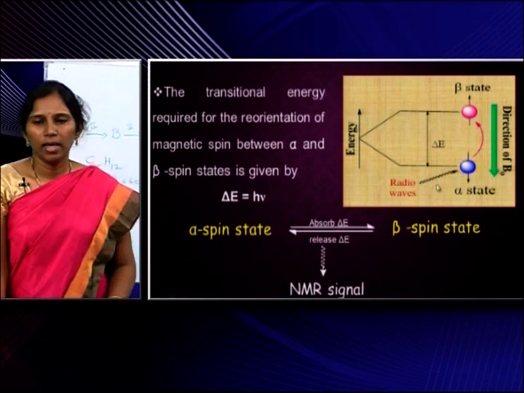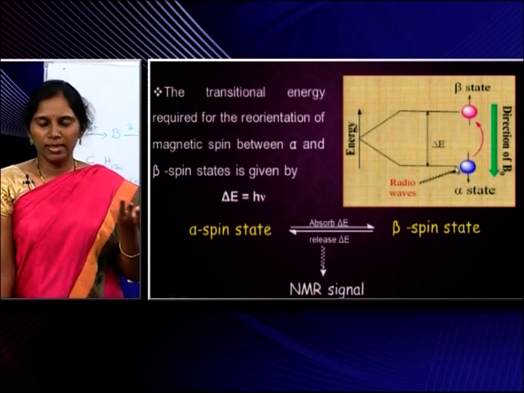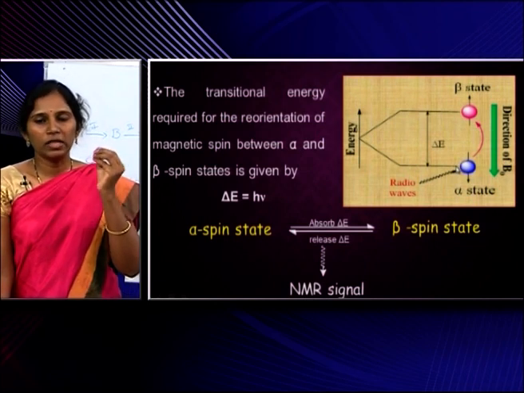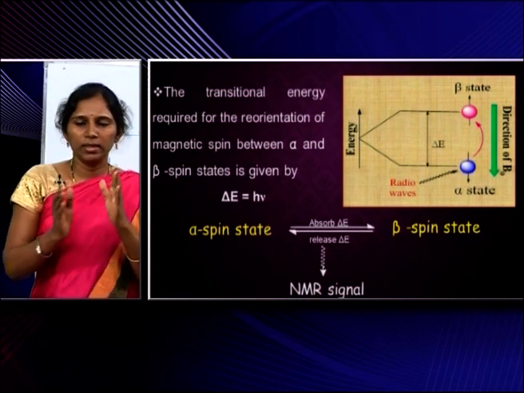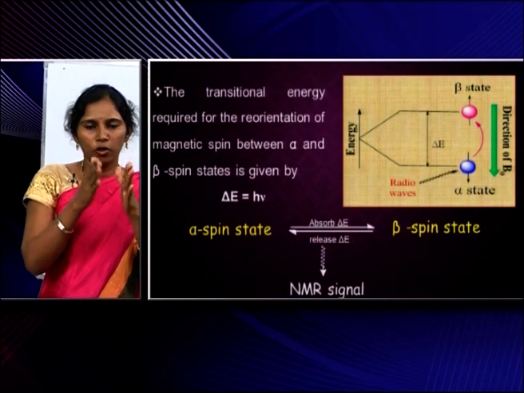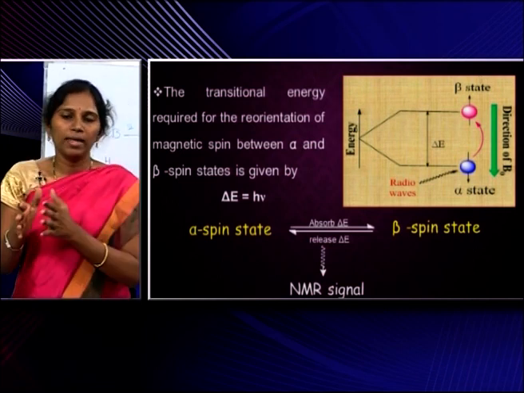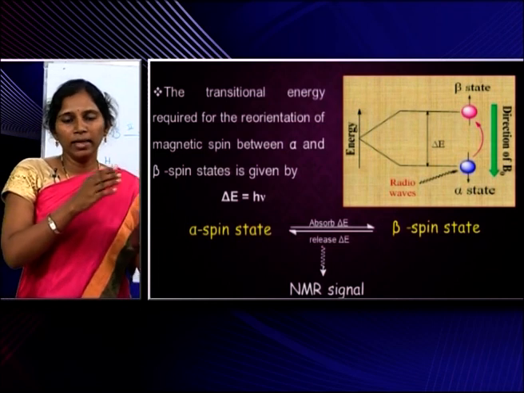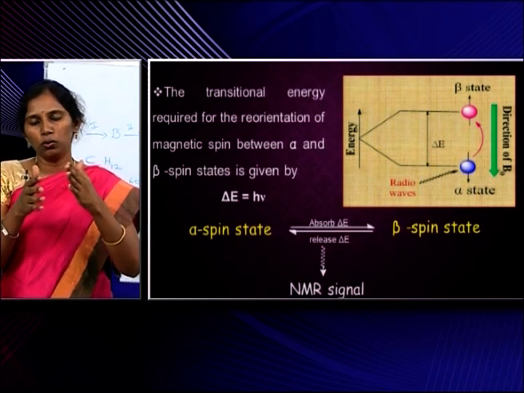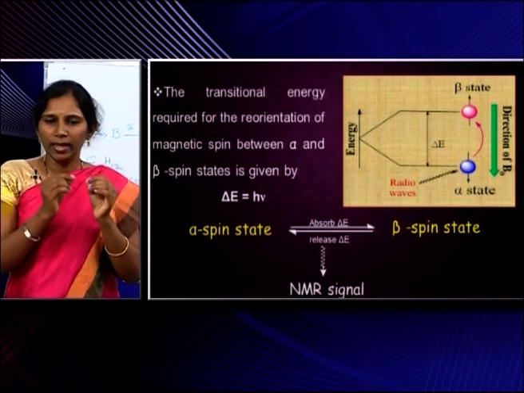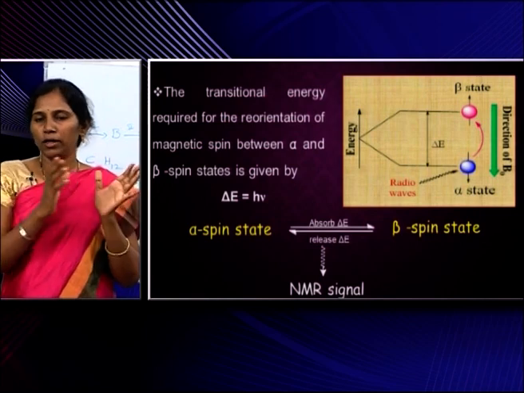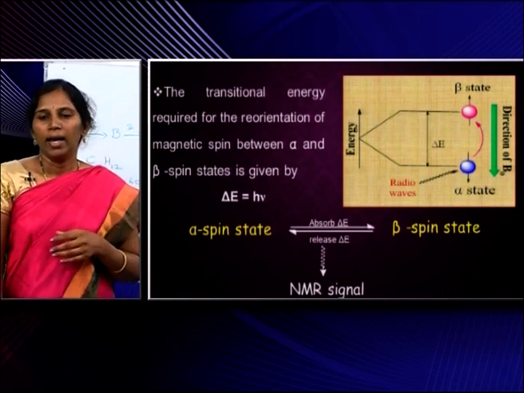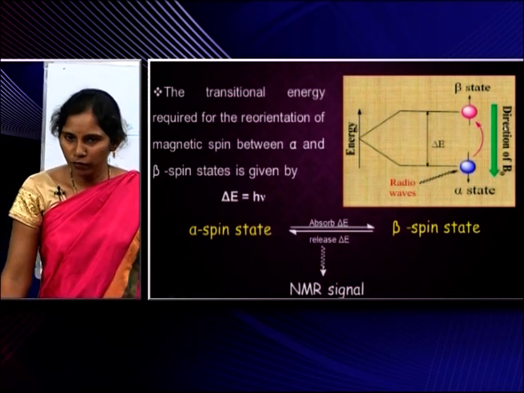Let me tell you one example here. You might be seeing at your homes the regulator of a ceiling fan which is attached to the switchboard. If we adjust the regulator to the first stage, what will be the speed of the fan? And if you increase the speed gradually, 2 to 3, 3 to 4, 4 to 5, if it is adjusted to the fifth stage of the regulator, the speed of the fan is more compared to the first stage of the regulator. Like that, here also in the presence of a magnetic field it precesses, okay, but if the